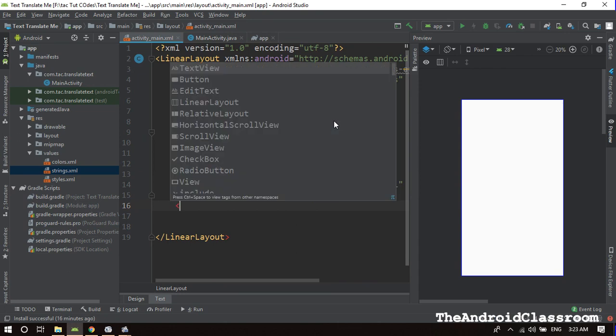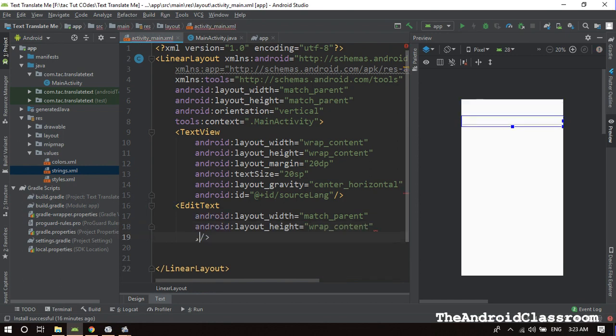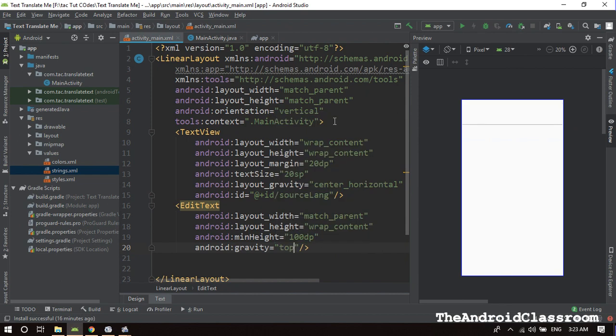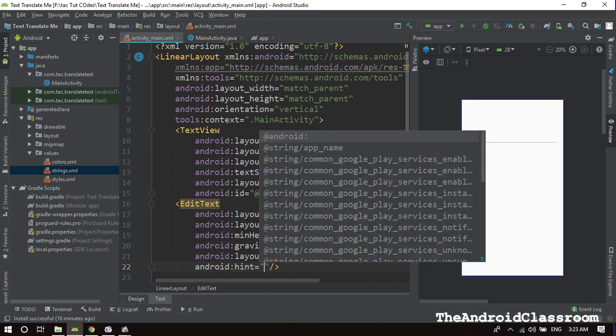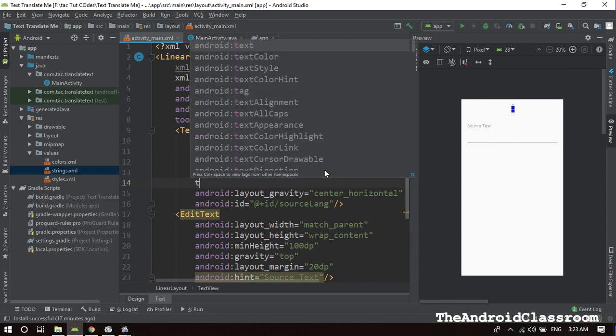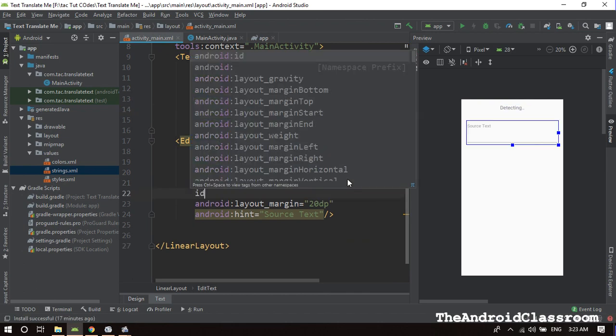Then I'm going to create an edit text, wrap content, min height 100 dp, layout gravity top, margins as usual 20 dp, and then I'm going to set a hint, source text. Let's give it an ID. ID will be source